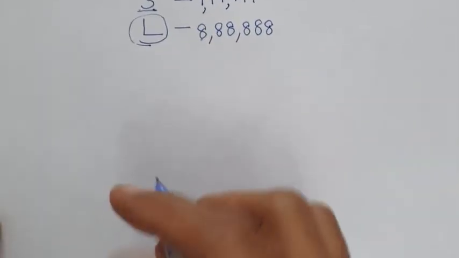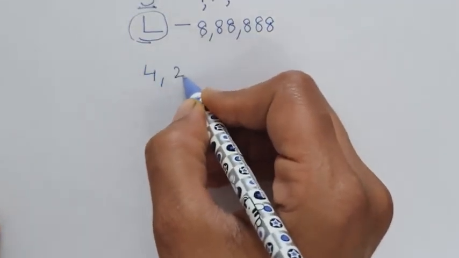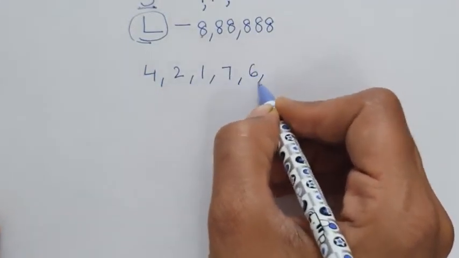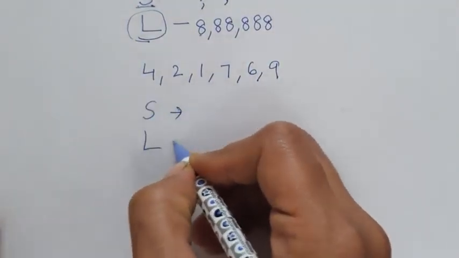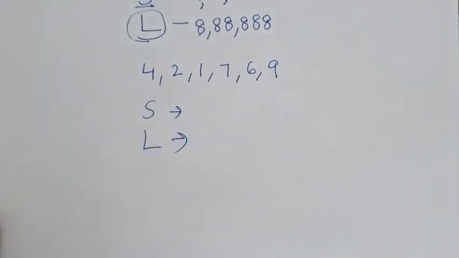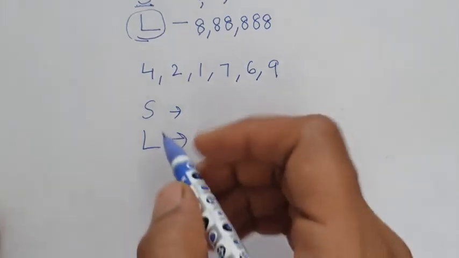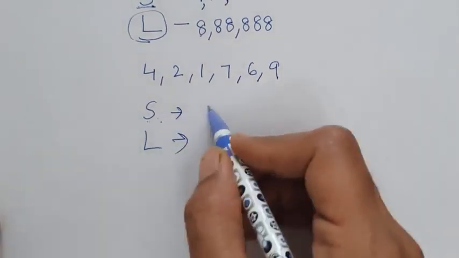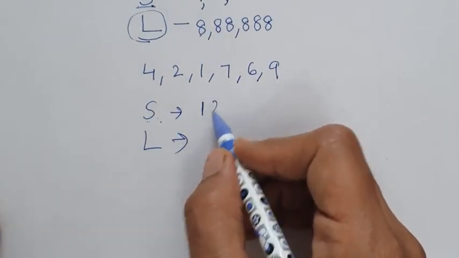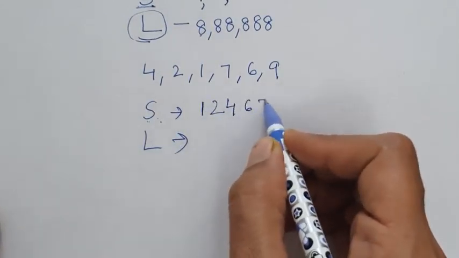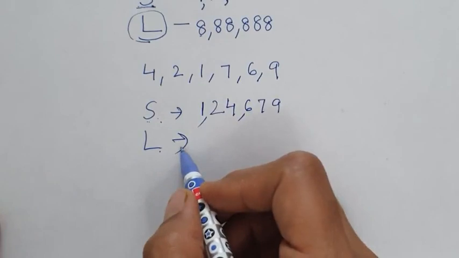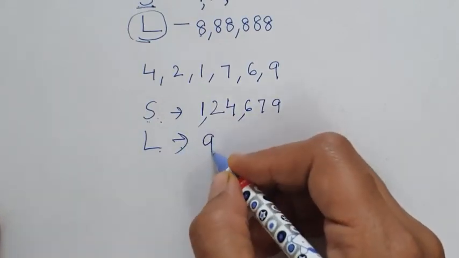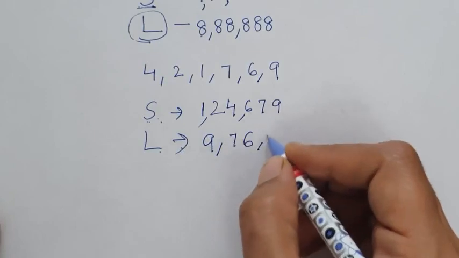Now suppose we have been given these 6 digits. They are saying repetition is not allowed. Not allowed means you cannot repeat any of the digits. Now let us make the smallest one, starting with the smaller: 2, 4, 6, 7, 9. And now the largest 6 digit number is, starting from the larger: 9, 7, 6, 4,